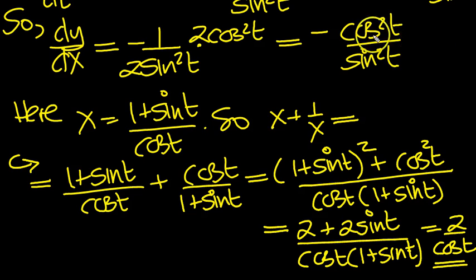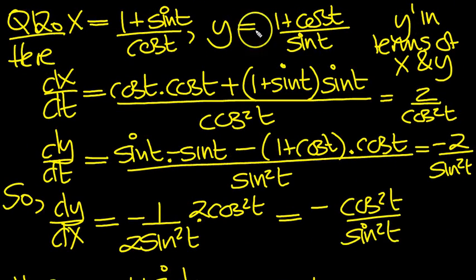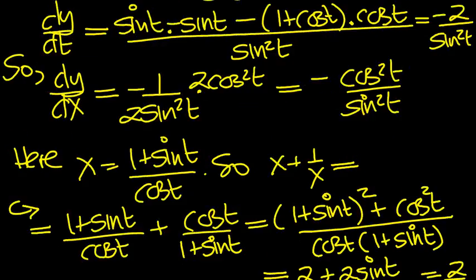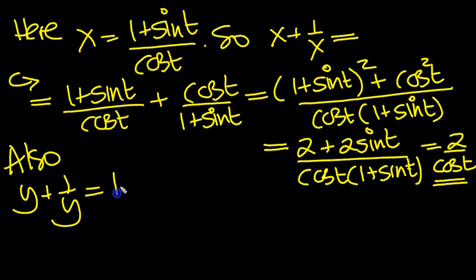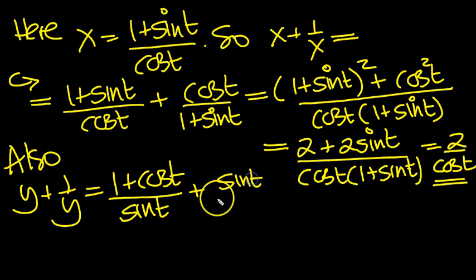If we do the same thing for y, we can replace cos t here by something along this line, x plus 1 over x. So we can rearrange it and put in for cos. Now what about sine? Well, let's have a look at the other term. So y is (1 plus cos t) over sine t. Let's have a look at y plus 1 over y then, which equals (1 plus cos t) over sine t, plus 1 over y, which is sine t over (1 plus cos t),